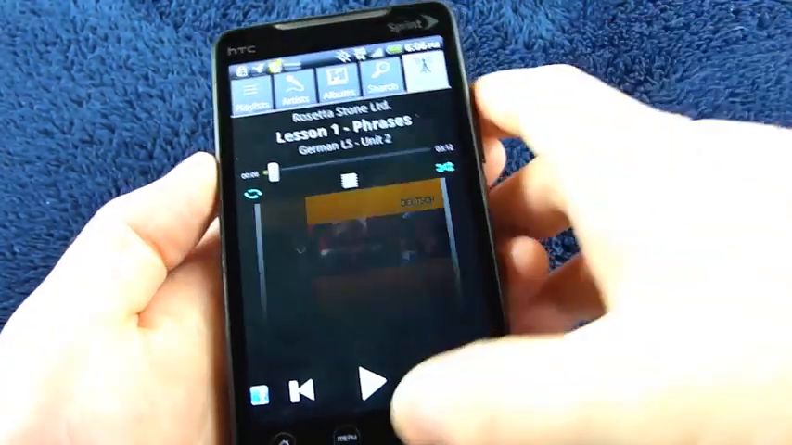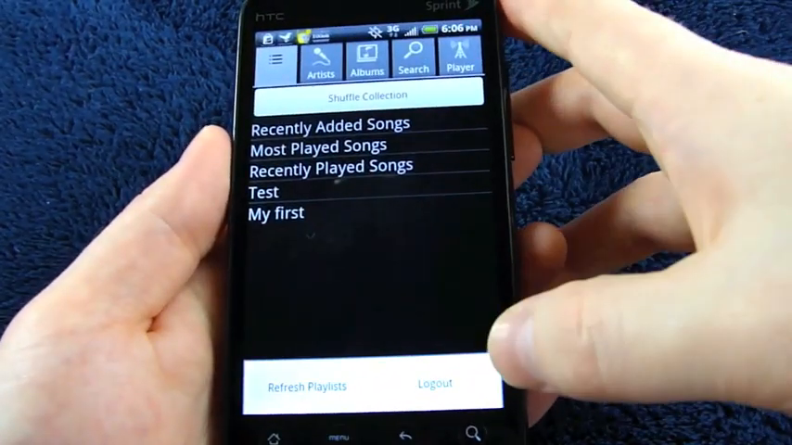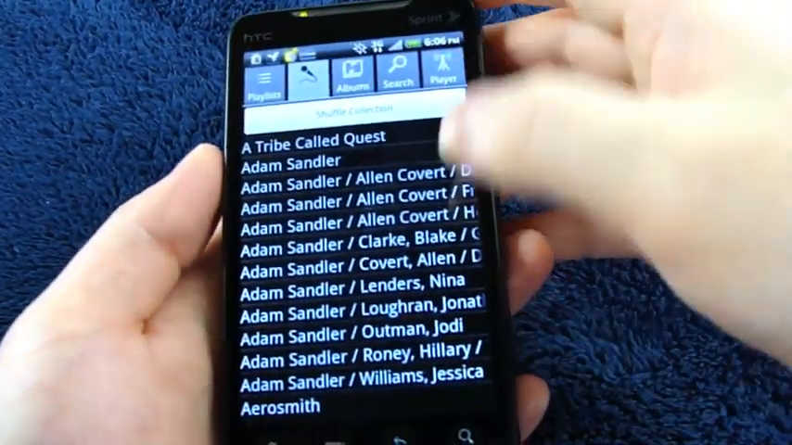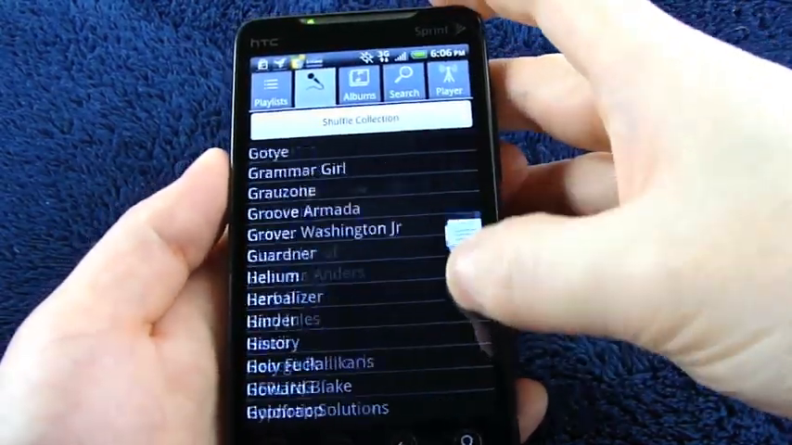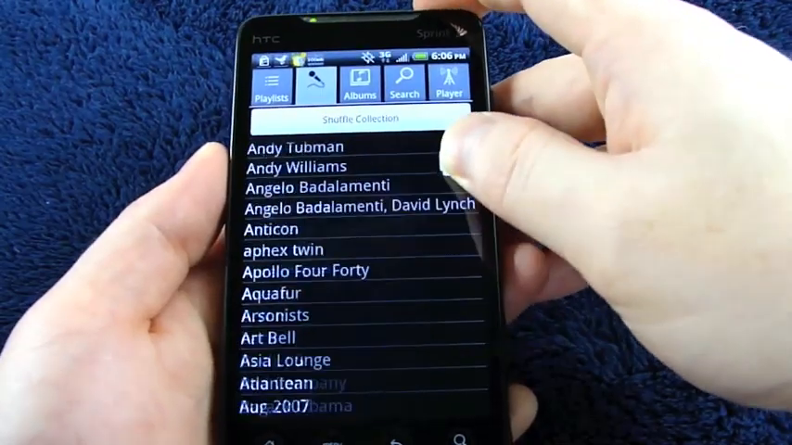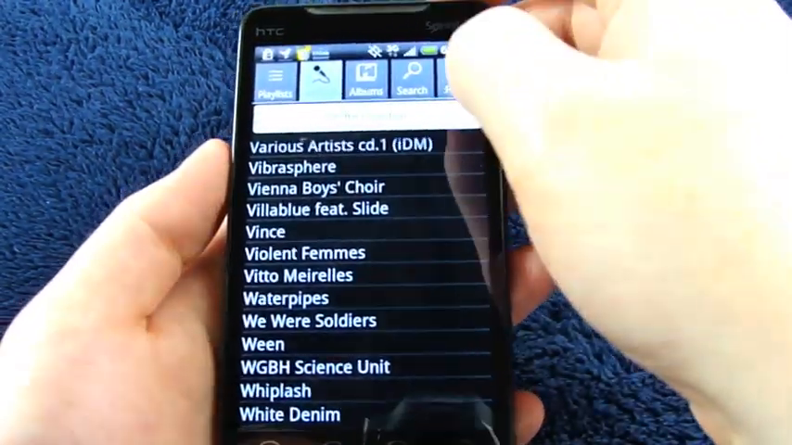You can also stop shuffle, and the only other options in here are refresh playlists and log out. Very simple, very clean, easy to navigate. You've got the tab, of course, from the Android operating system here for rapidly moving through long lists, and that's all there is to it. You create a new